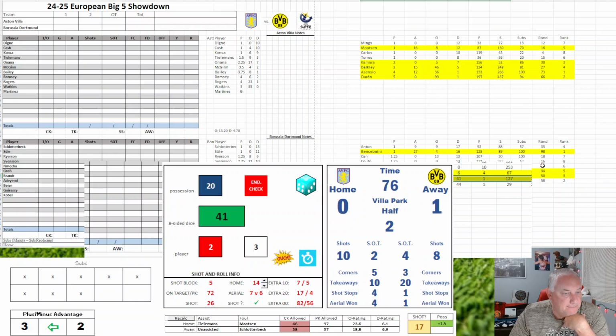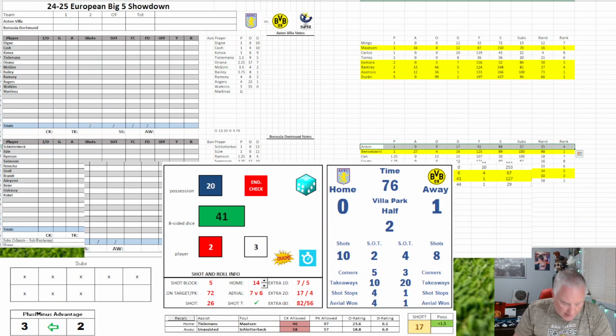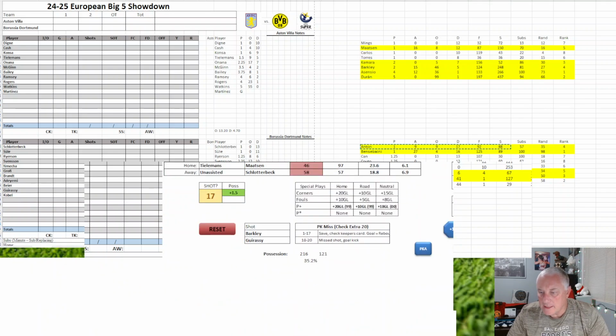To 1. So the lowest rated ones are going to get in. That's going to be Anton. Anton's coming in for Ryerson. Okay, Anton. I sub these guys into my lineup here. Anton for Ryerson.